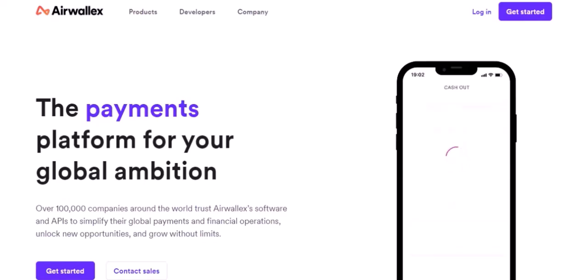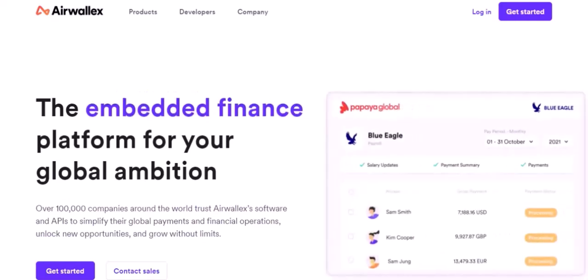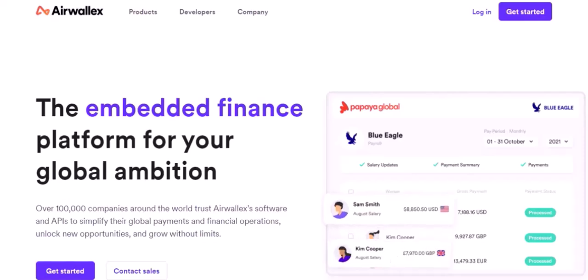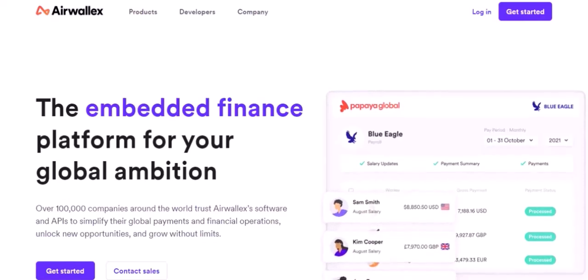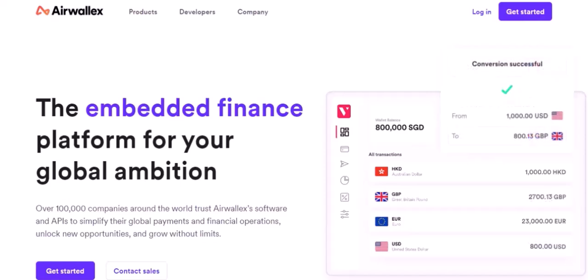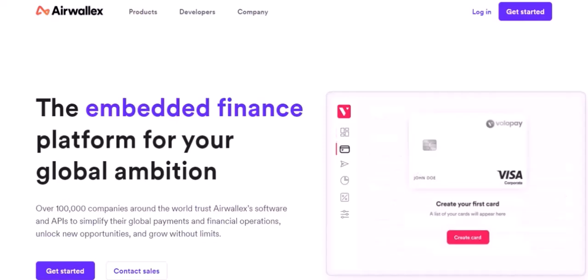Imagine you're a digital nomad, working from a different country every month. Or maybe you're an online business owner managing multiple teams and expenses. How do you keep track of your finances without a mess of physical cards? Today, we're diving into Airwallex, a financial platform that's revolutionizing how we manage our money, especially when it comes to